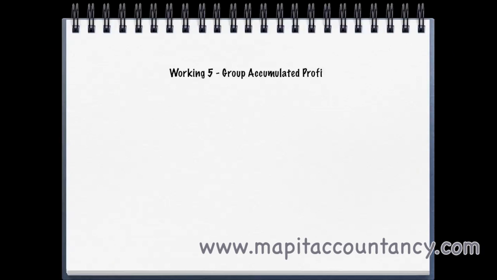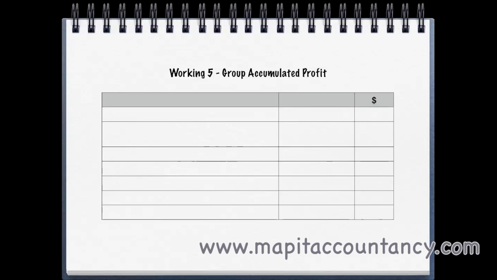So for our working 5, we're looking at group accumulated profit. What we have to do here is start with the parent's accumulated profit, so we can take that from the question. The retained earnings last year 25,700, then during the year 9,200. So that gives us